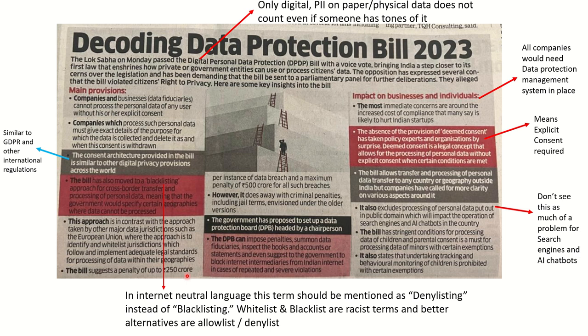The penalties can be imposed up to 250 crore or 500 crore depending on the data breach incidents. One change which was made in this bill is that this bill does not include any criminal penalties, including jail terms for CIO and other executive level leaders.